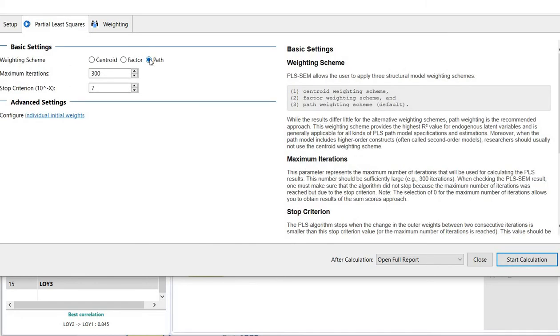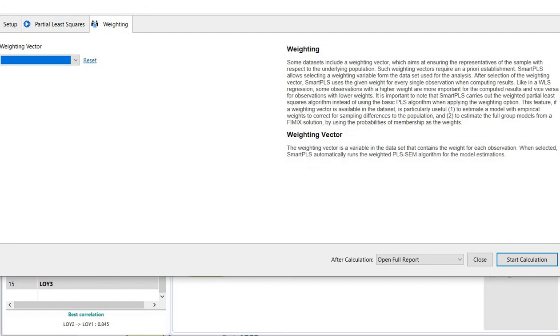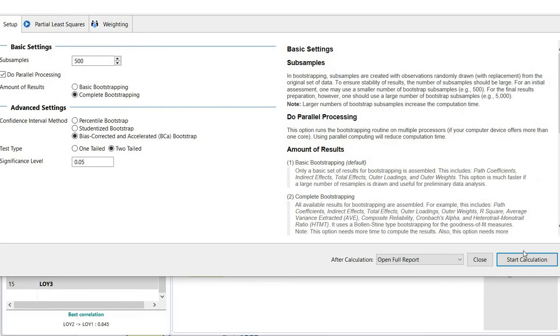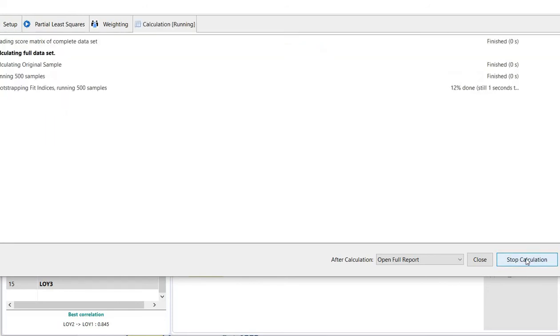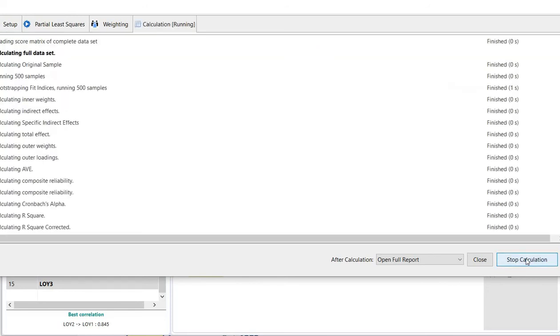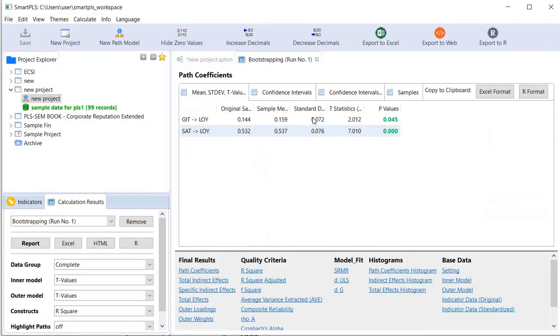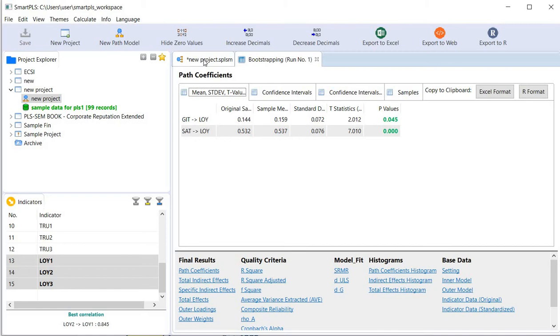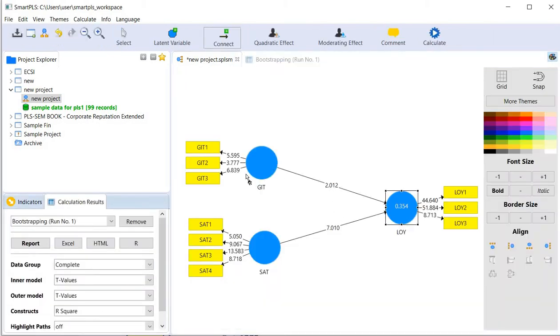PLS path model, because this is a path model. We don't need any weighting here. Start calculation. So here's the model. You can see that the model,